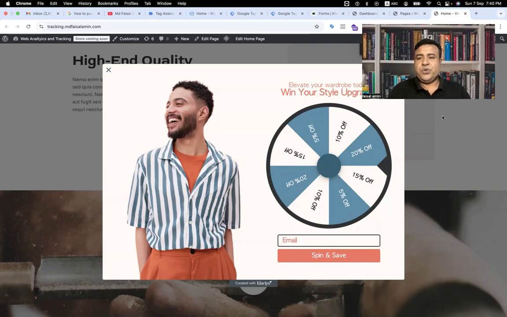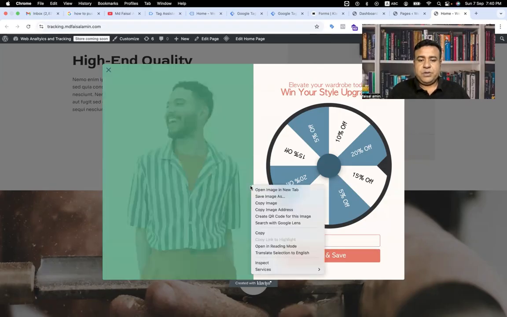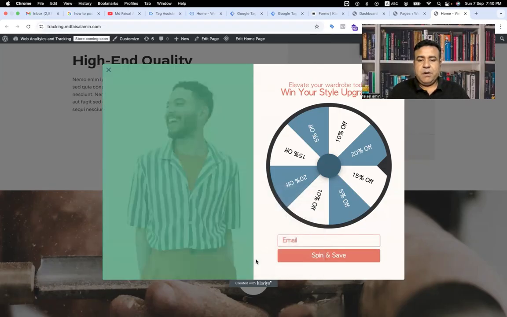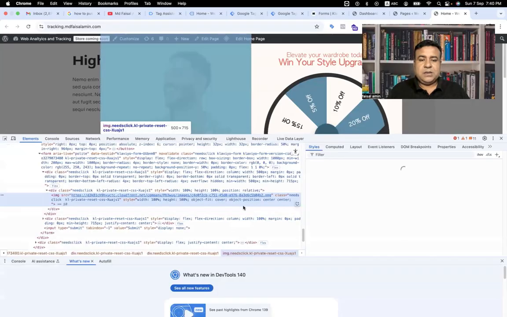Today I'll try to show you how you can track a Klaviyo lead form using Google Tag Manager. So you can see that this is the Klaviyo sign up form or lead form. First, let me check how you can understand whether it is a Klaviyo form or not. So I inspect the form, and in the